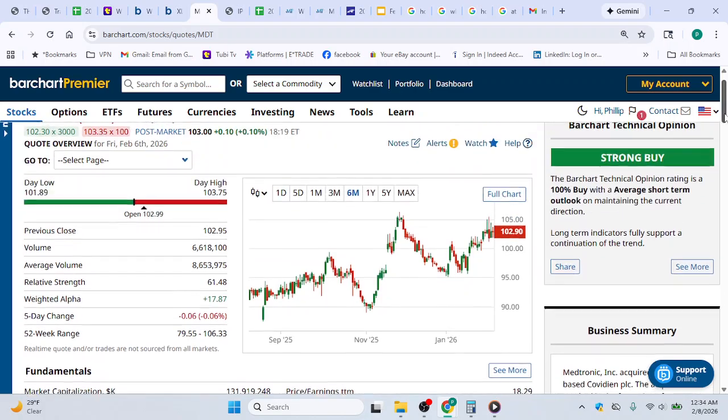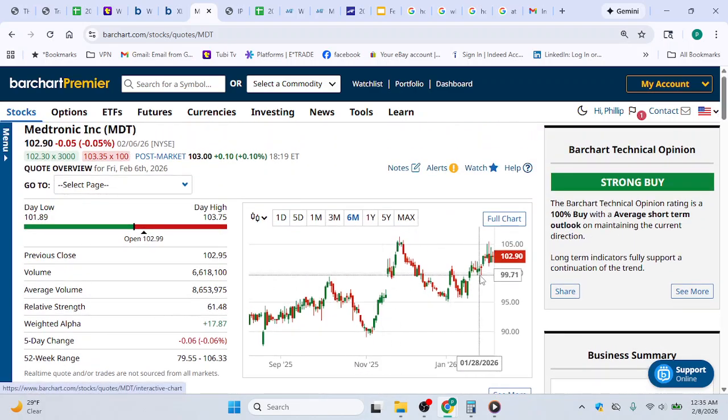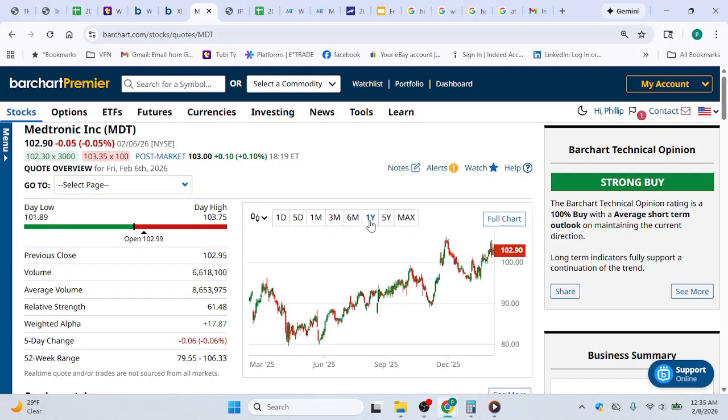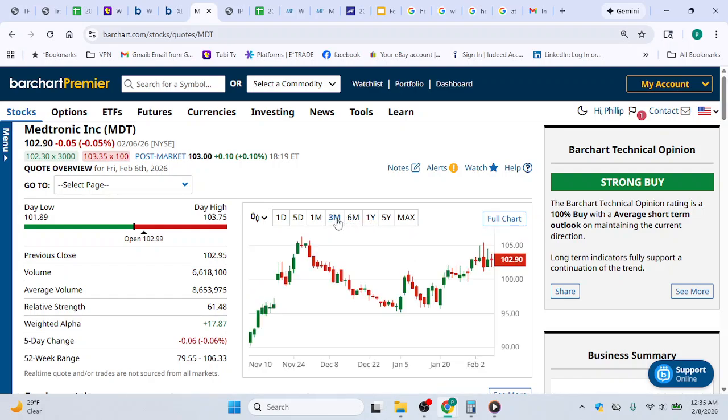I think this would be, and the chart in somewhat of an uptrend, right, over last year. Over a 3-month period, there is some selling pressure on the chart with these topping tail candles, but I think that can give you guys an interesting look at how companies are valued. Okay.